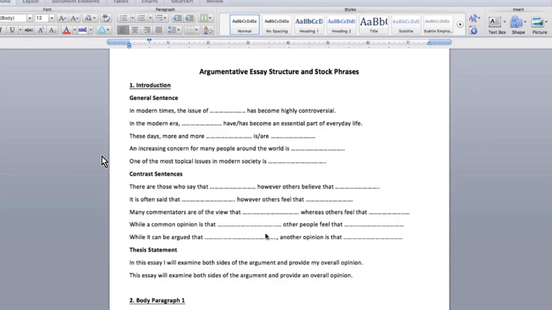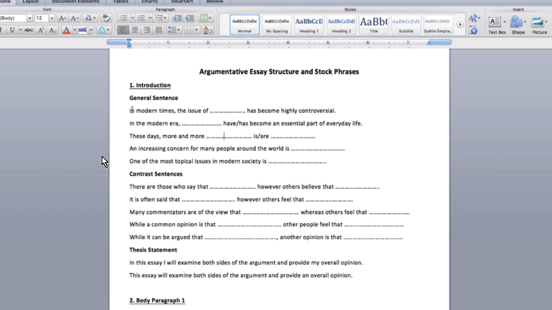Then, for each one of those, you are going to create your own document. You can start with this one and copy this one, but then you can add some of your own sentences. You're going to have what we call stock phrases. The stock is like what you keep in a shop. So it's all of your stock sentences that you will memorize perfectly. So then in the test you will just be able to choose one of these from your head and